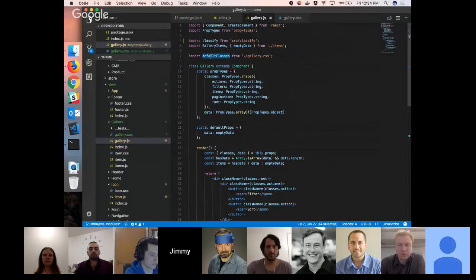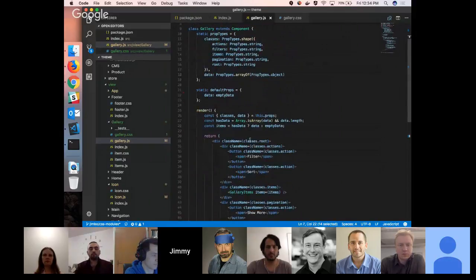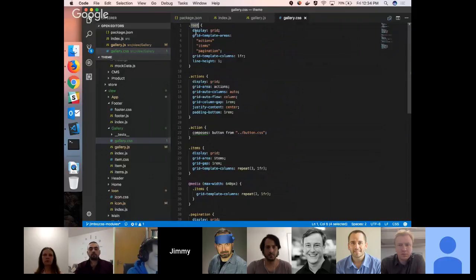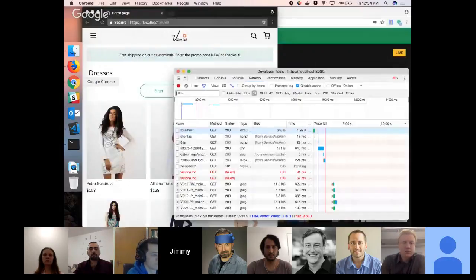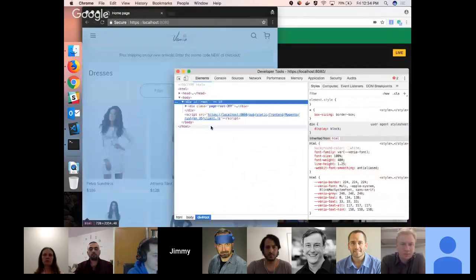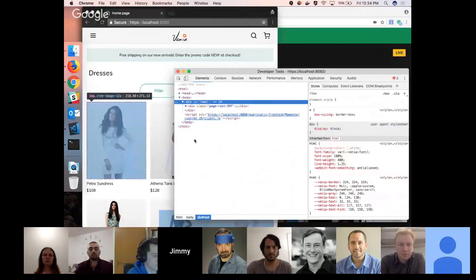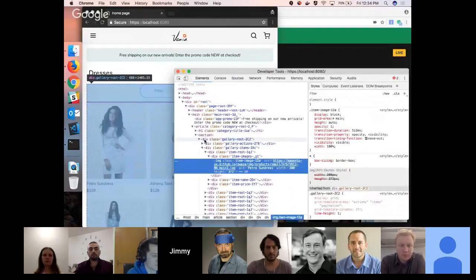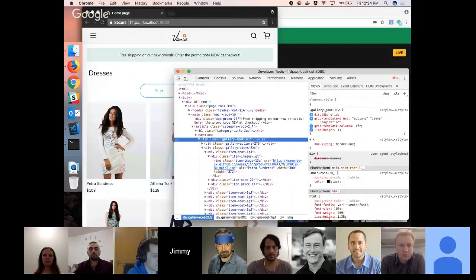And when we import that, we can then apply it. And so this takes not only the class name, it picks up the styles. So if we look at our gallery element here in the DOM, we can see that it's pulled in the class name and it's pulled in the styles.